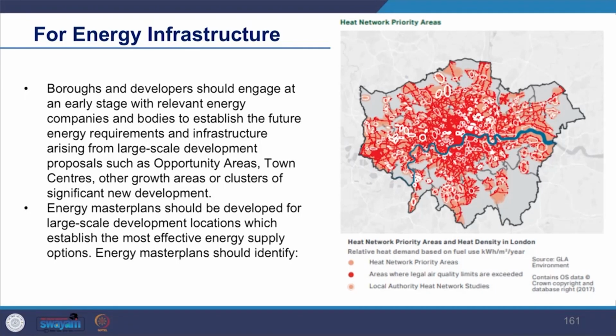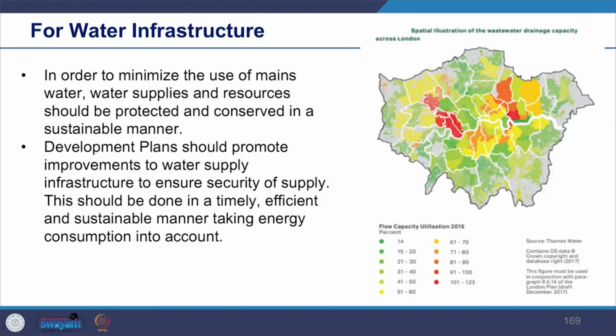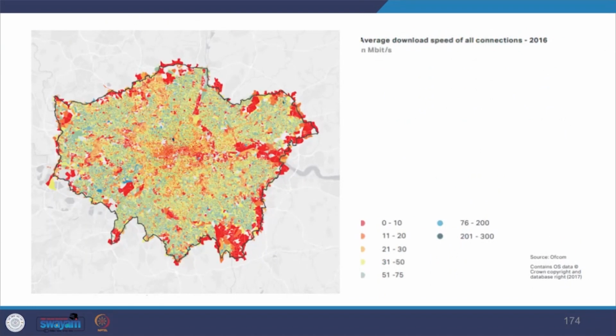Likewise, we see how they intend to manage heat risk. So they are looking at developing proposals which would minimize the internal heat gain and the impact of urban heat island through design, layout, orientation and material. We see that they have detailed proposals on water infrastructure, as well as